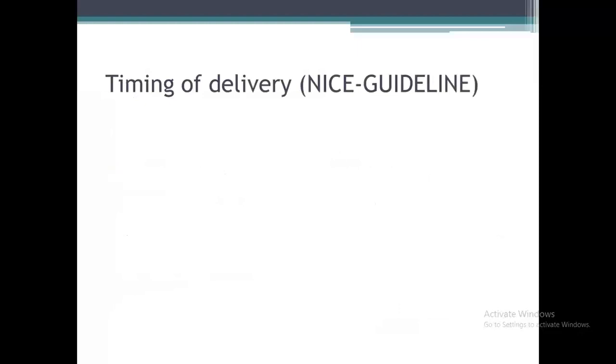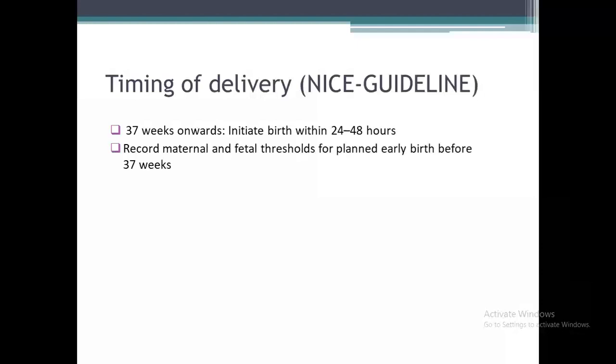What about timing of delivery according to the NICE guideline? Again, there is a difference between NICE guidelines and American College guidelines. Timing of delivery: from 37 weeks onward, initial birth should be within 24 up to 48 hours after stabilization of her general condition, so term. Record maternal and fetal thresholds for planned early birth before 37 weeks for the following indications. I mean, 37 is a cutoff point. If it is above, stabilize and consider delivery. If below,